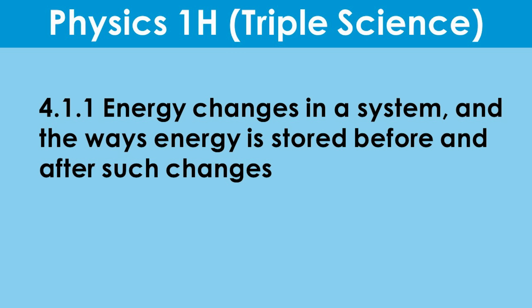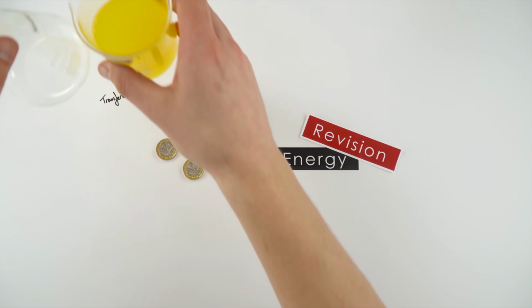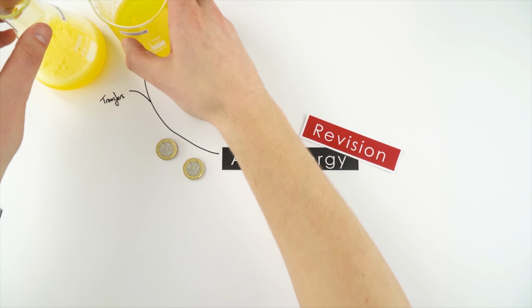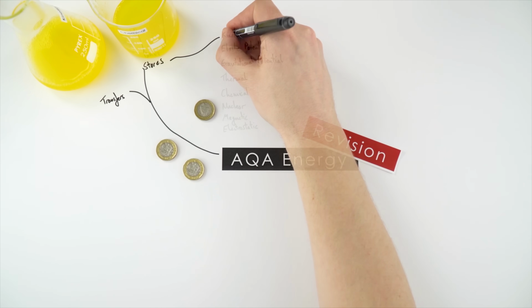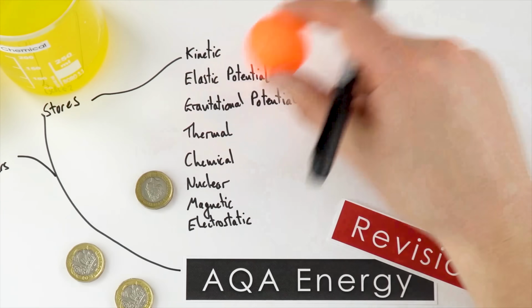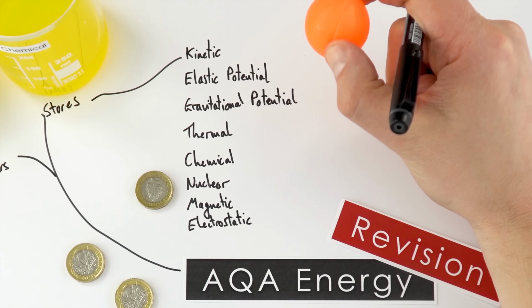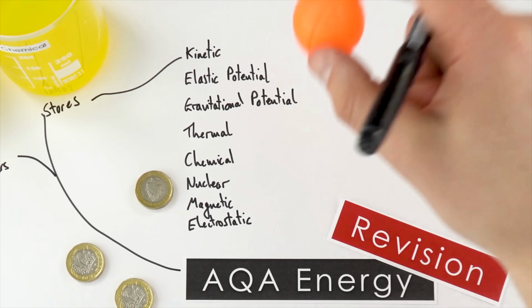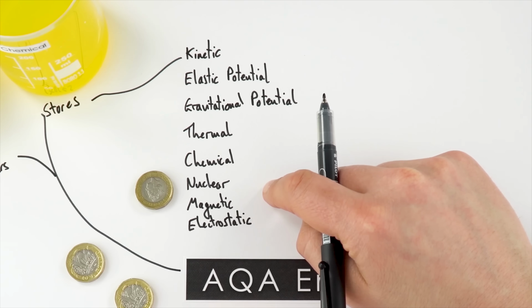Now, energy is a bit like money, and it can be stored in different places or maybe transferred from one store to the other. And we can also think of it a bit like a liquid that's maybe transferred from different store to different store. Now, there are a number of different stores that we need to consider. So we have kinetic energy, which is due to how quickly things are moving. We've got elastic potential if you maybe deform an object, like you squash it or squeeze it. Gravitational potential is to do with how high you move something. And then we've got thermal, which is the internal energy store, as well as a few others.